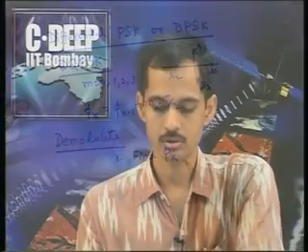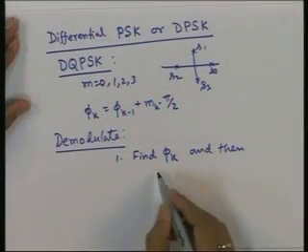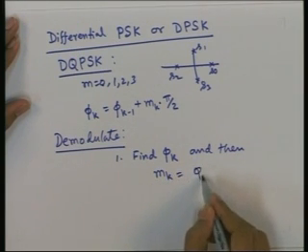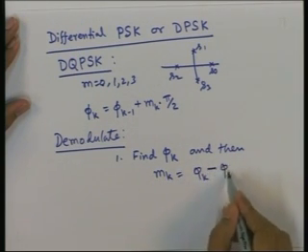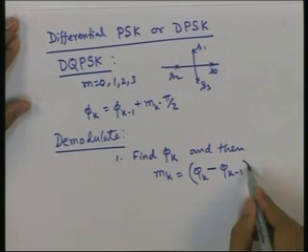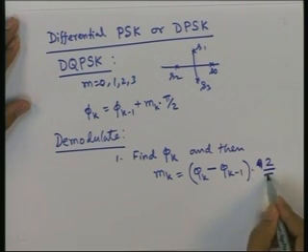So for every k you find phi k, and then mk is determined by phi k minus phi k minus 1. Take the phase difference between the present and previous symbols, and that times 2 by pi is the